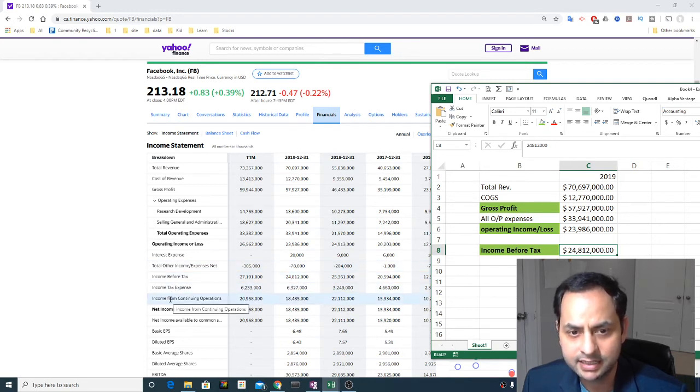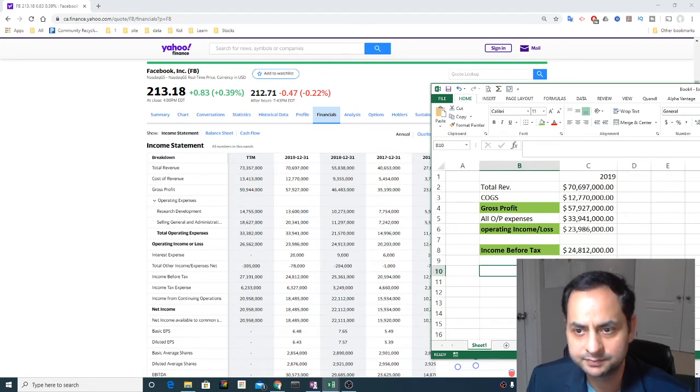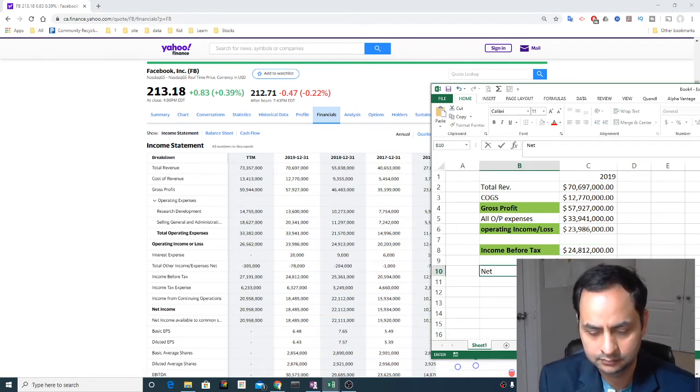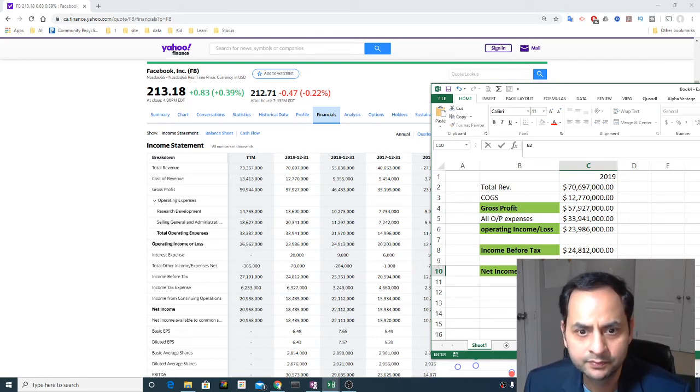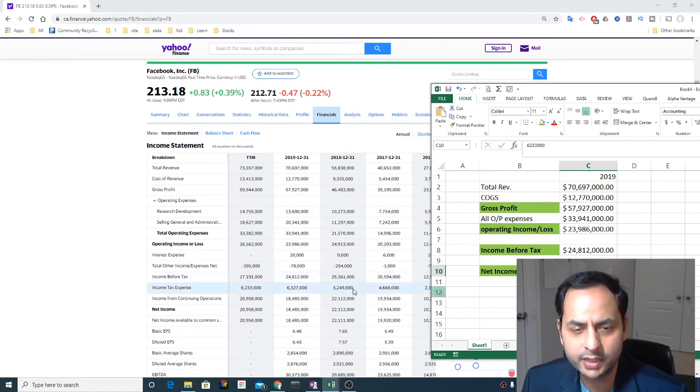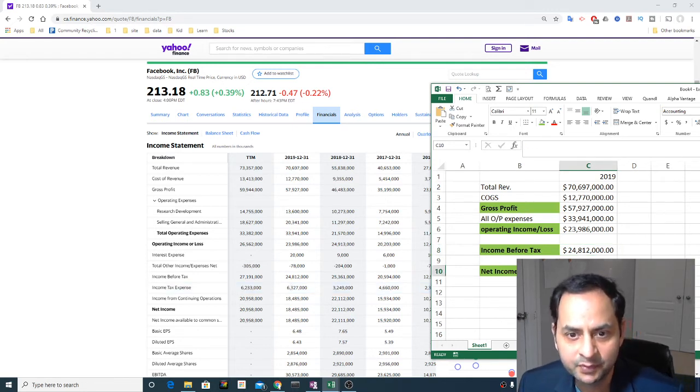And then the next and final one is basically the net income, which is after tax, which is 6,233. Okay, just to save time, I'm not showing the middle part because it's quite straightforward. Anything in between, we take this one and reduce whatever comes in between. And from 24 billion we reduce the, sorry, I put the income tax here by mistake. So 6.3 billion,